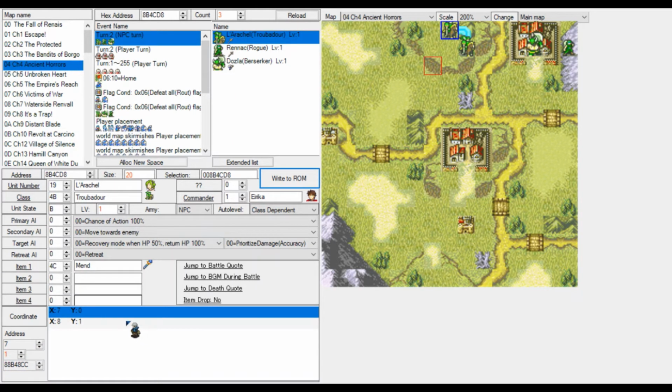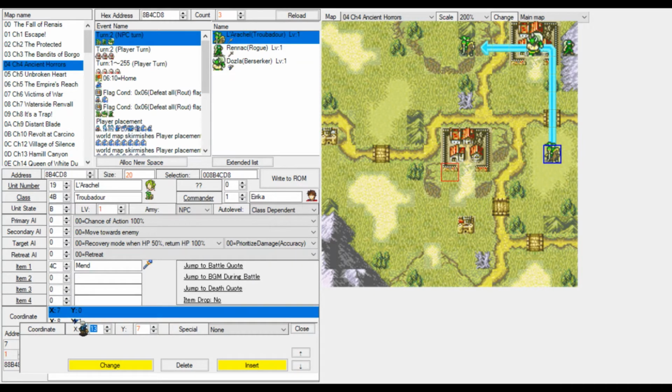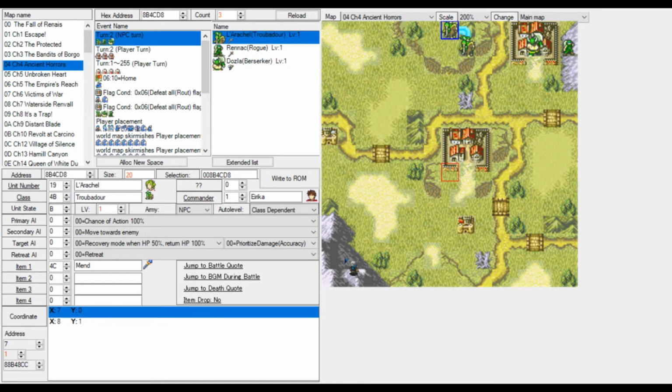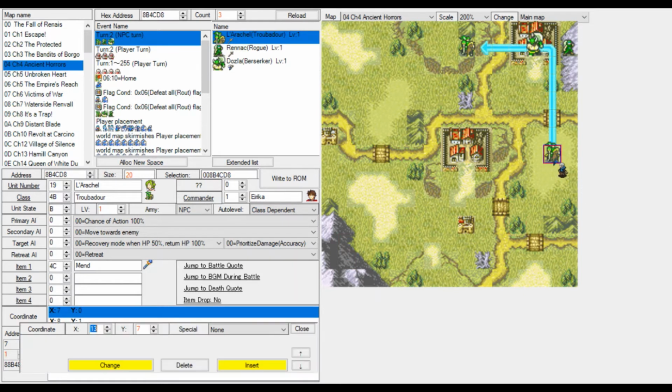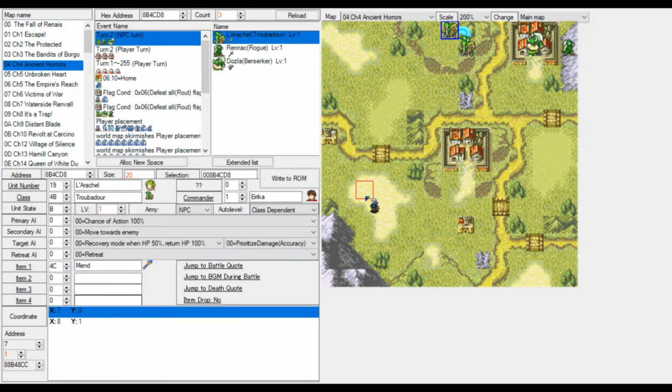If we do not set this, if we only set one of these and a unit spawns in as a reinforcement, let's say La Rochelle spawns here and she has no second set of coordinates, then she would just pop in. No walking into the map or something. She will appear from thin air. And that is not what we want, because that looks a bit bad. That doesn't look very finished. That is only used for when reinforcements spawn on fortresses.